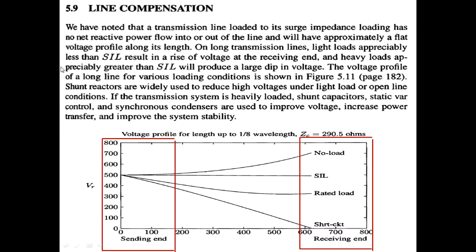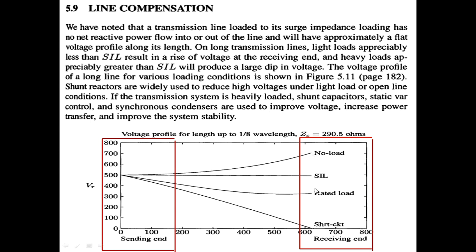So for line compensation, let's consider a line which is loaded at its surge impedance loading level. In this case, we should expect a voltage profile that is flat. The voltage at the sending end is equal to the voltage at the receiving end. But in case of light loading or no load, we should expect a rise of voltage at the receiving end,